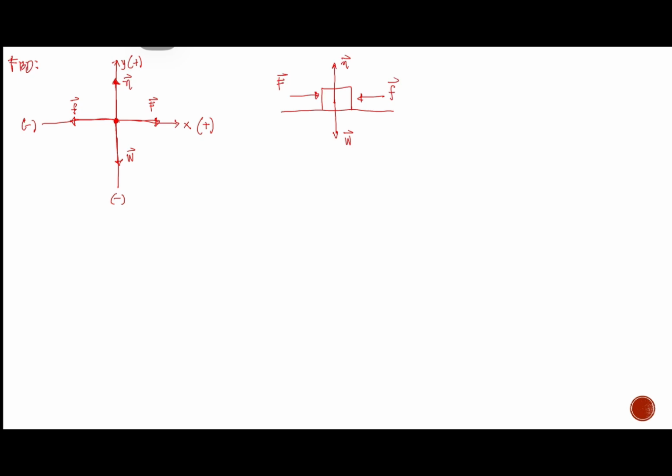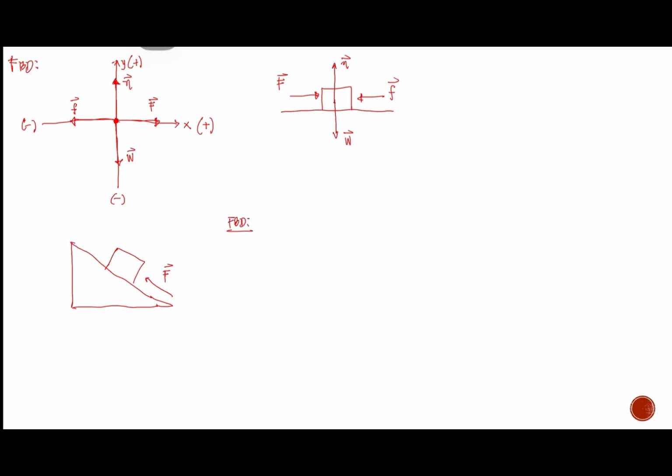Okay. Now, how about if the surface of our object is inclined? So, let's say, for example, the object is on an incline. And then you have here your box. And then you push your box, or you exert some amount of force to push the box upwards. So, this is our applied force. Okay. So how can we draw the free body diagram for this one?